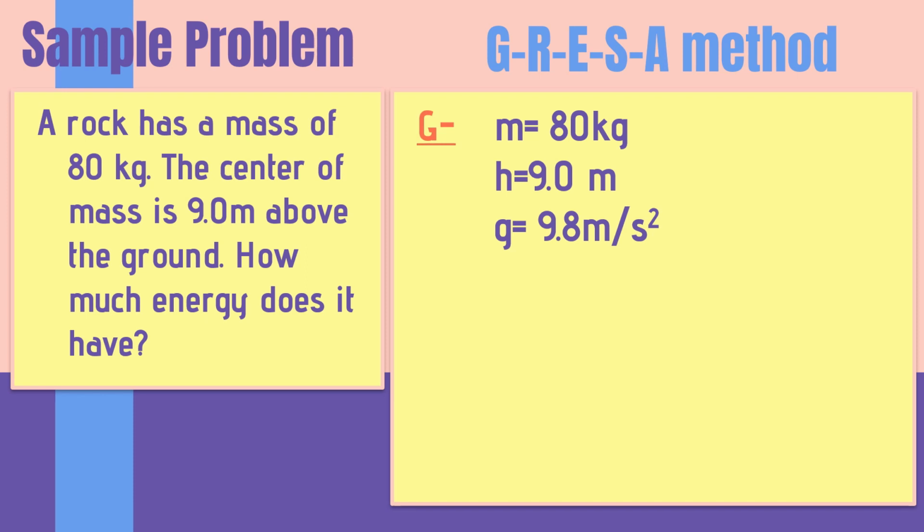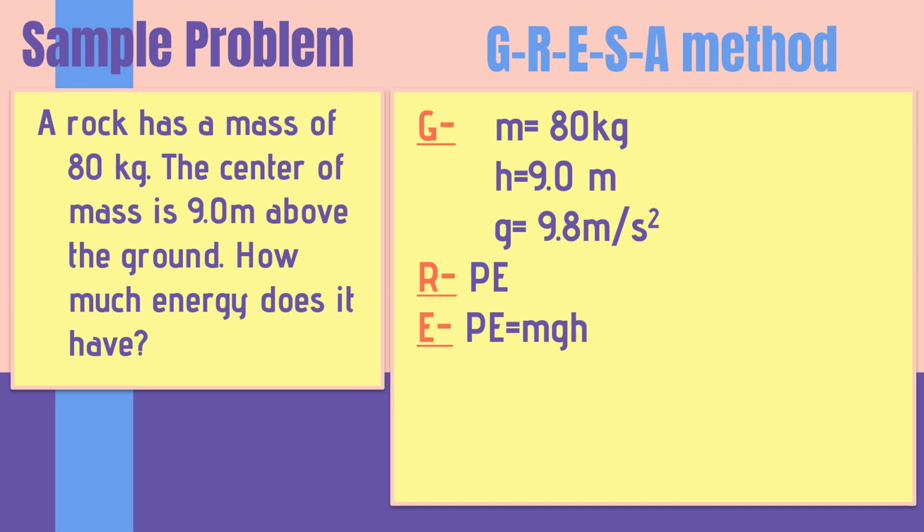So the next thing that we are going to use is the letter R, which is the required. What is required in the problem? Again, it is the potential energy. Next to letter R in the GRESA method is letter E, which stands for equation. So again, we're just going to use the formula of potential energy, which is PE is equals to